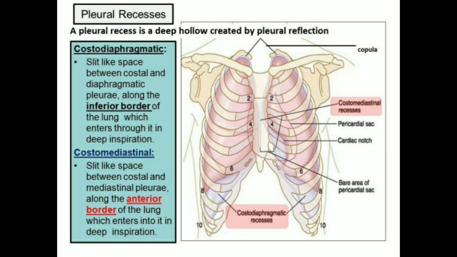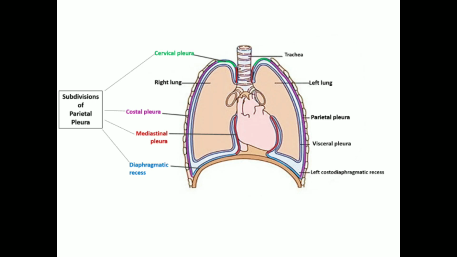Okay, then we'll come to the next part. You can make out clearly here what we have discussed about the pleura. This is a lung. You can see in the figure, the lung is enclosed by a pleura here. The pleura are of two types. This one is called the parietal, and the one close to the lung is called the visceral pleura.